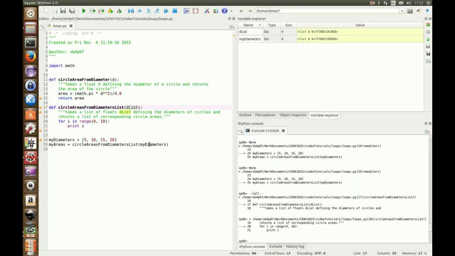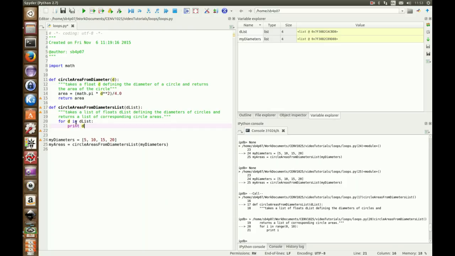So what I want to do is, in my for loop, instead of just going through some arbitrary number of times like 10, I just want to do something to each value in the list, namely calculate the area of that value in the list. So you can do that like this. If I change this to d, it doesn't matter what name I give this variable, this is just a variable I'm creating which is temporary and gets assigned to a different value at each point in the loop. If I just do for d in dlist, this is kind of handy,